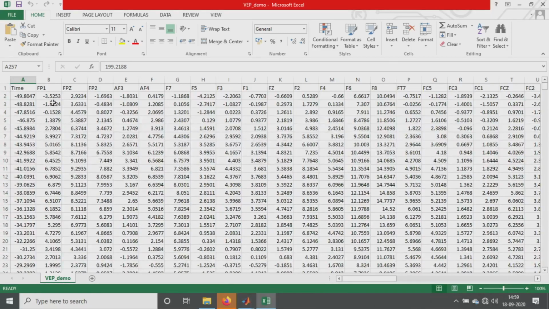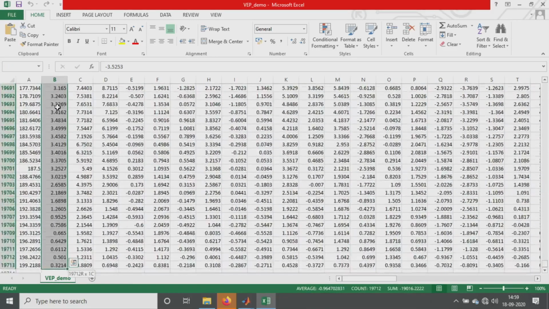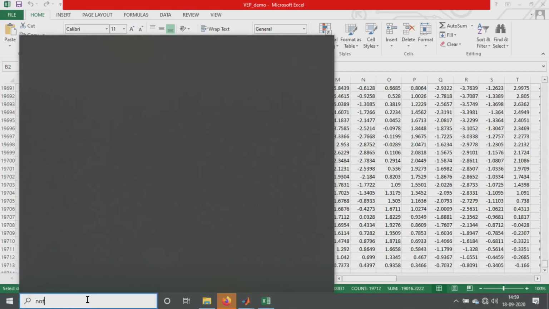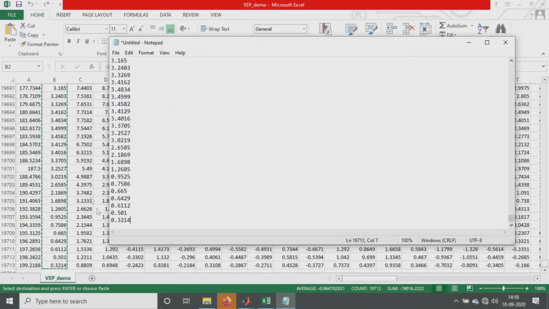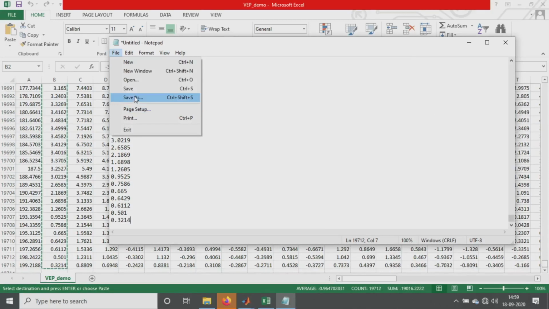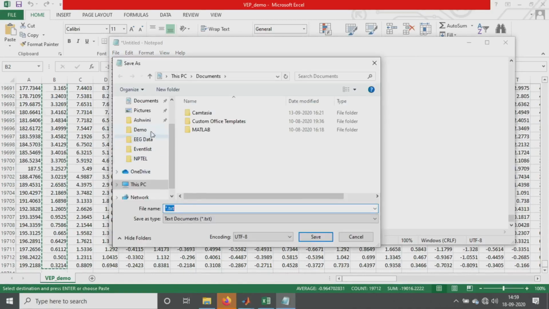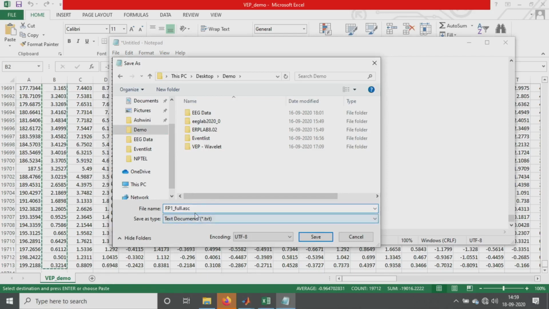Here we can copy the whole of a row, copy it and put it in a notepad, and then save it as, for example, FP1. I'll put the extension as ASCII format, because the wavelet analysis always requires the data saved in ASCII format.